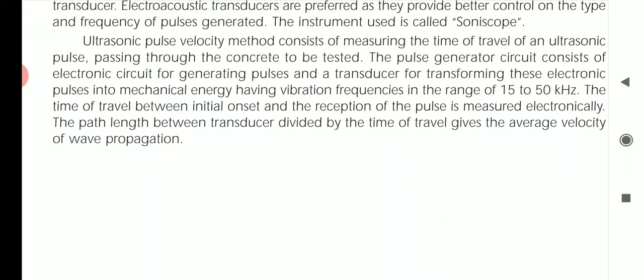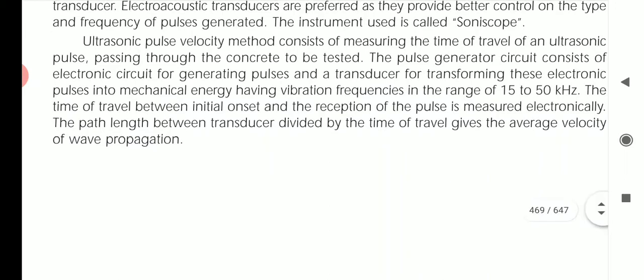The pulse generator circuit consists of an electronic circuit for generating the pulses and a transducer for transmitting these electronic pulses. Whatever pulses are produced are supplied through the transducer